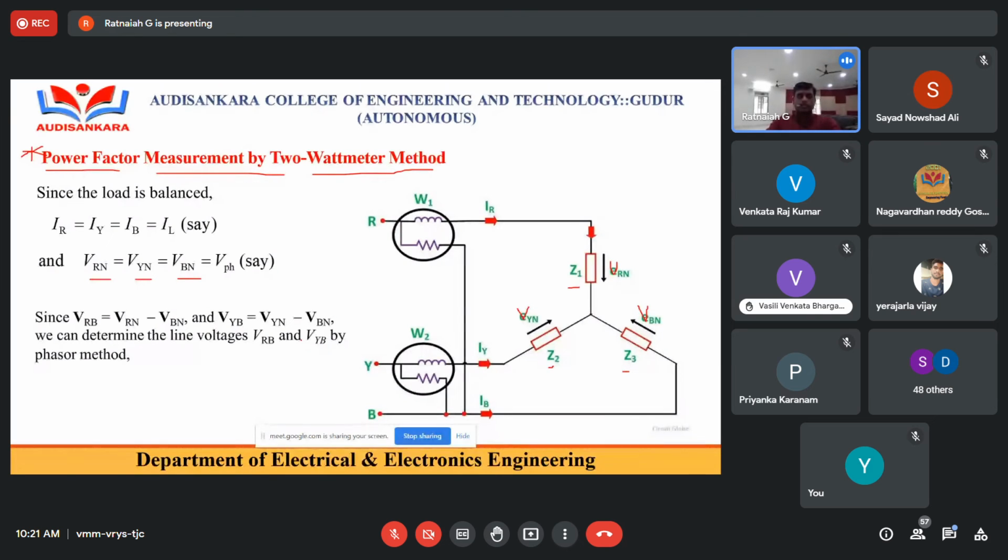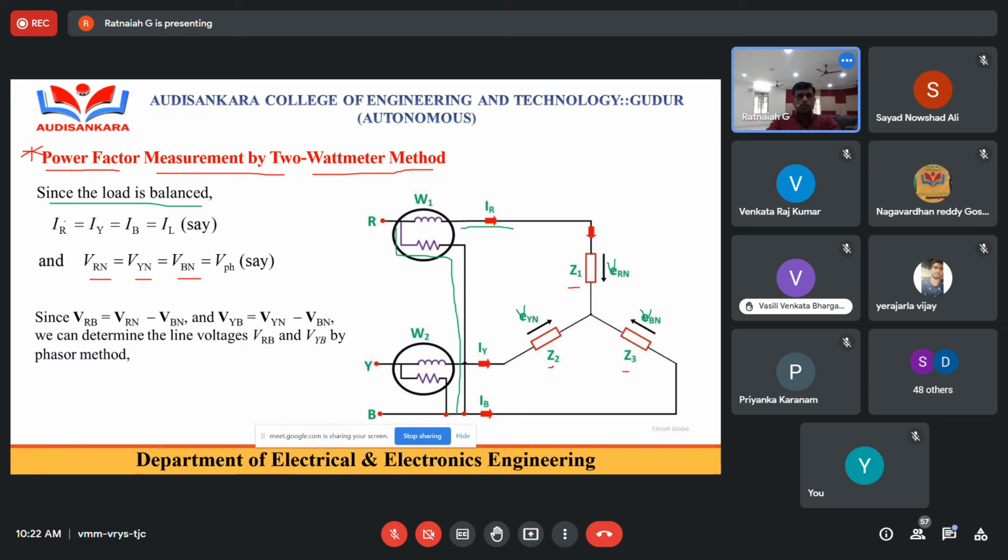Let us assume like this, or else I can go with the green color. This is VRN, this is VYN, this is VBN. Since the load is balanced, here I'm assuming the load is balanced. Same, the current coil, that is the first wattmeter reading. Current through the current coil is IR, and voltage of the first wattmeter is connected between the R and